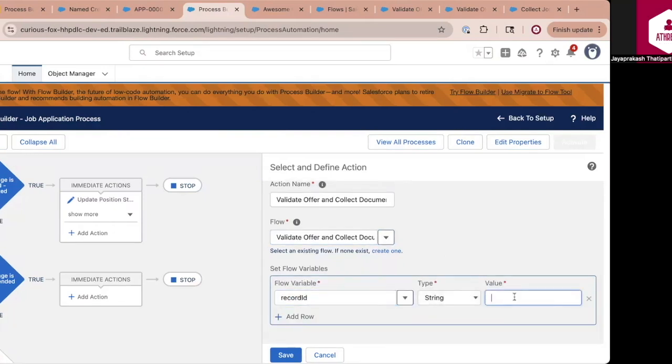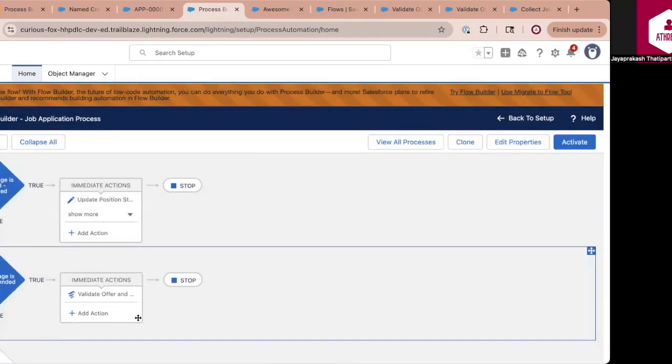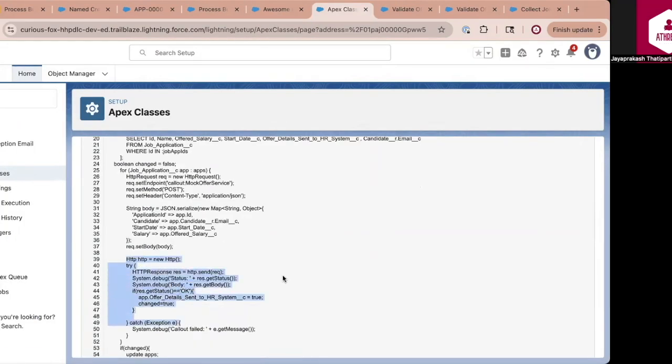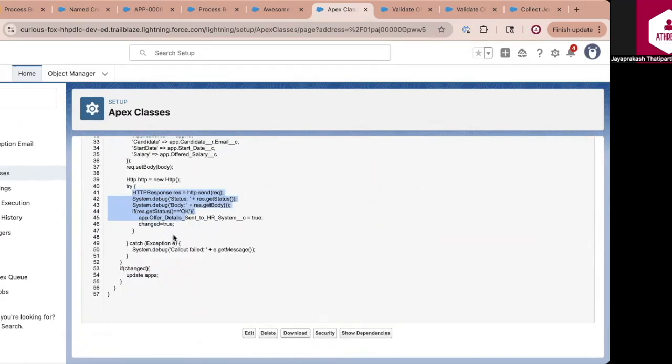I want to pass the job application ID to this flow, field reference job application record ID, and click on save. The next action that I want to perform is to send the offer related information to the HR system. For that, I have already created an Apex class called offer integration service. This class sends an HTTP request to an HR system with information related to the offer. I don't have a third-party HR system, so I created a mock server in Postman, and that is responding to me